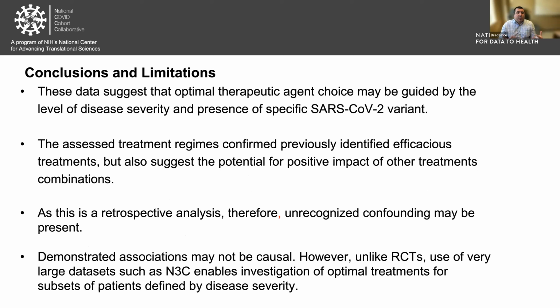Now, just like any study, we have conclusions and limitations. These data suggest the optimal therapeutic agent choice may be guided by the level of disease severity and presence of specific SARS-CoV-2 variant. The assessed treatment regimes confirm previously identified treatments, but it also suggests the potential for positive impact of other treatments. That's one of the things we're continuing to look for,